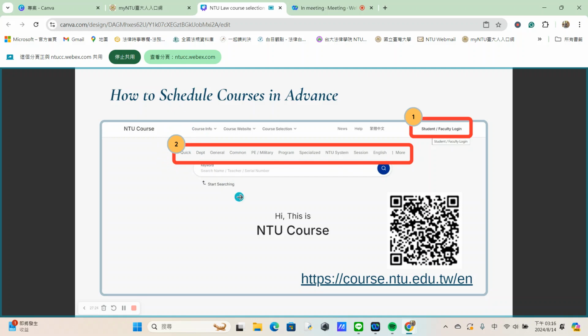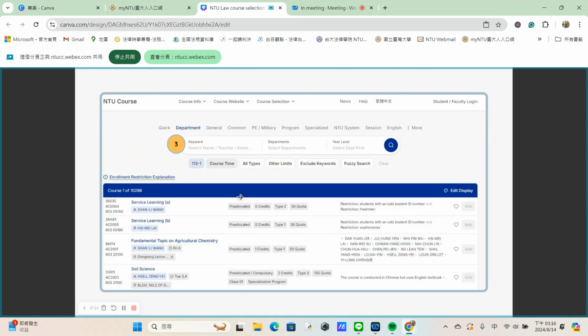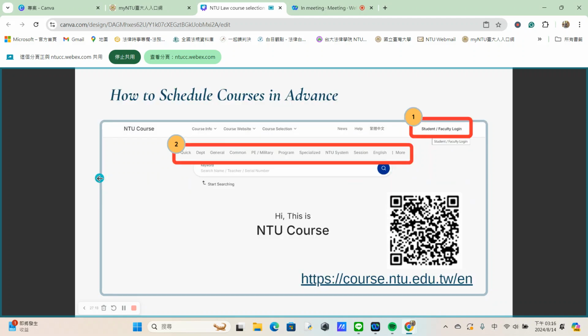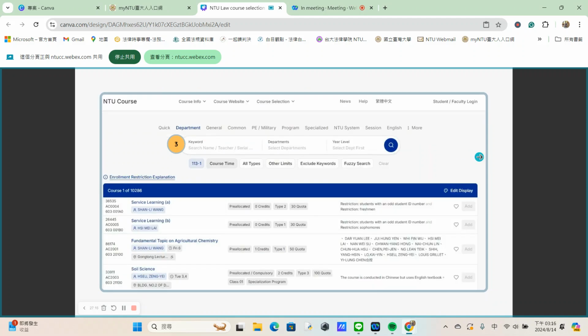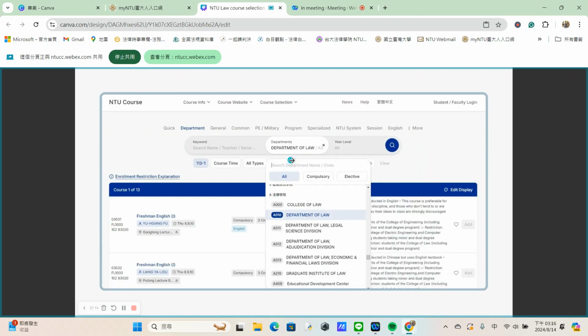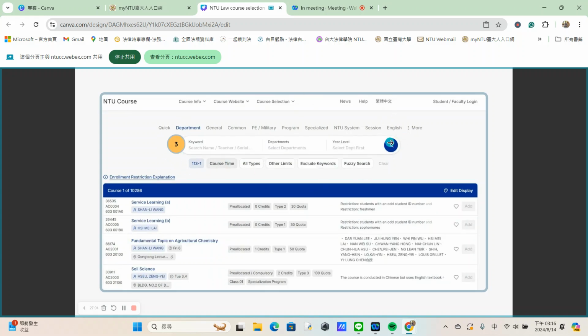For instance, if you're looking for specific courses offered by a department, click on department and you'll see another search bar where you can enter keywords, select the department, and choose